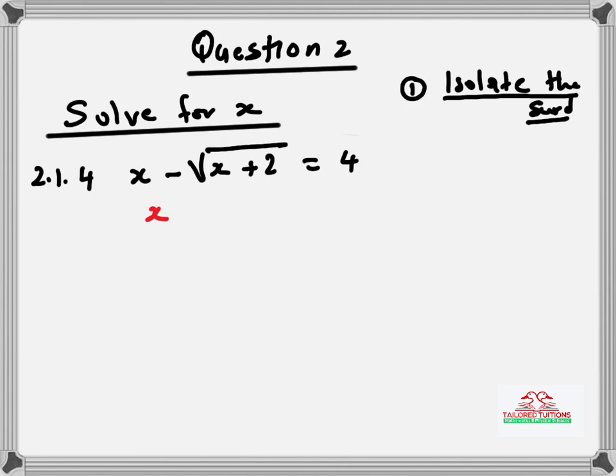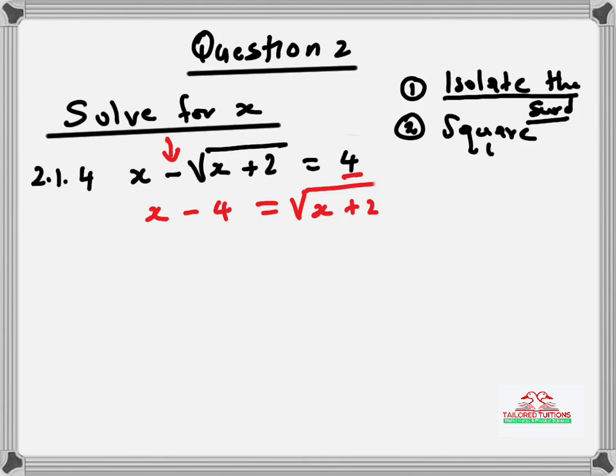So now I'm going to transpose this 4, minus 4 this side, and then because I hate working with negative numbers, let me transpose the surd. So this is x plus 2 on the right hand side now, with a positive sign. Okay, then step number 2, after that you can now